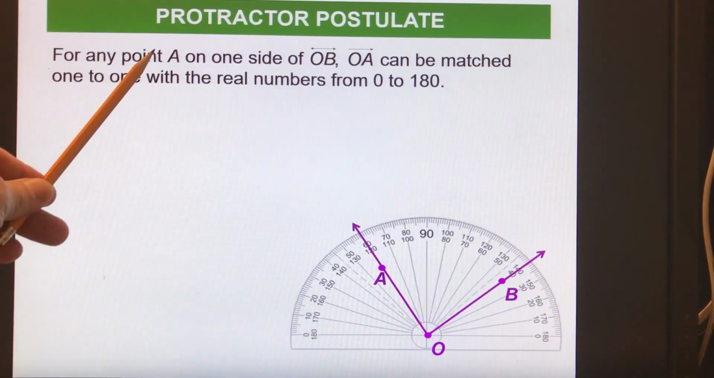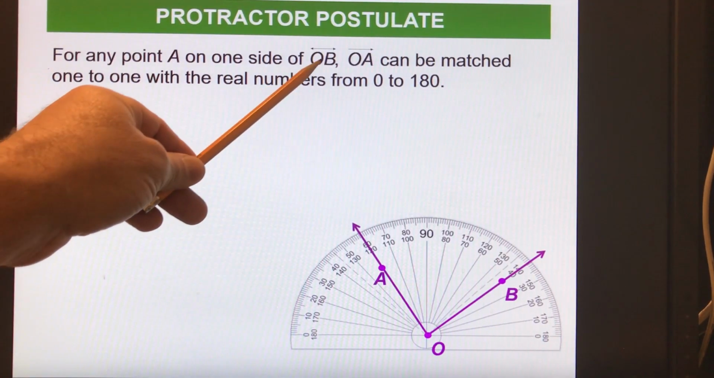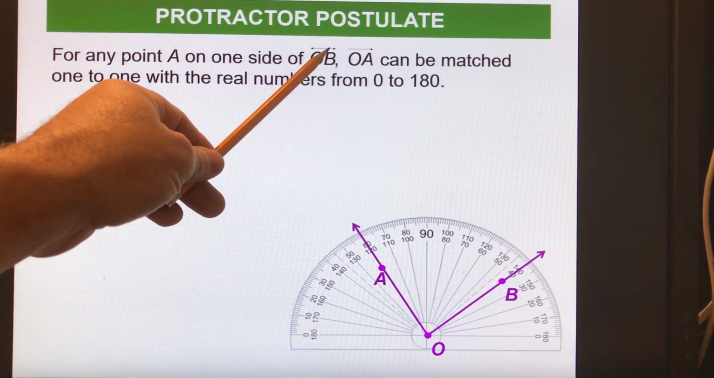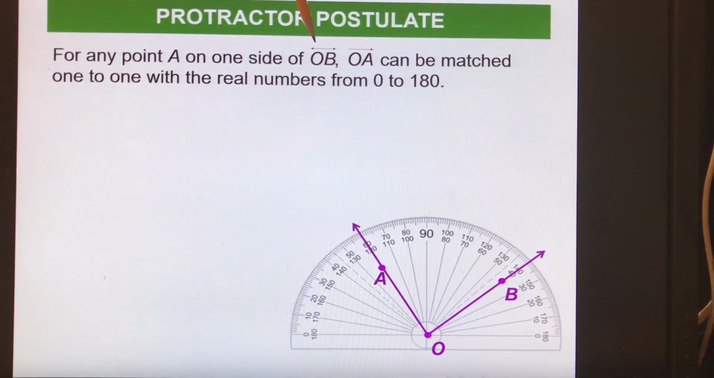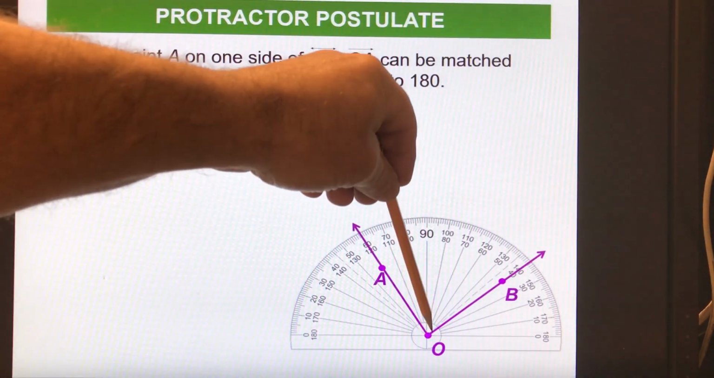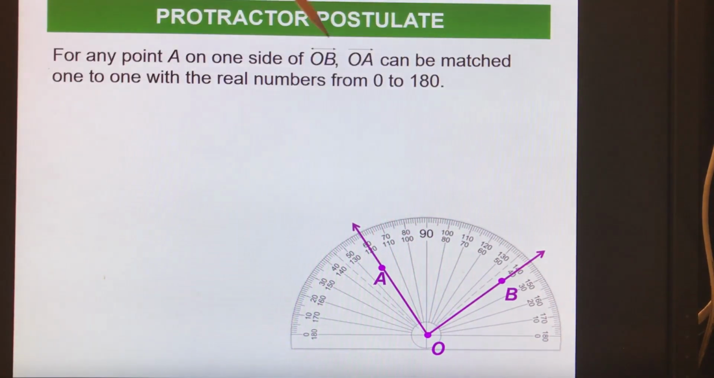Okay. For any point A on one side of, and this should be a ray. Notice right here, we have two arrows. That says a line, which means it's going in both directions. Clearly, this is a ray, so I should have had one arrow pointing to the right, like this one. So ray OB and ray OA can be matched one-to-one with real numbers from 0 to 180. And what I mean by that